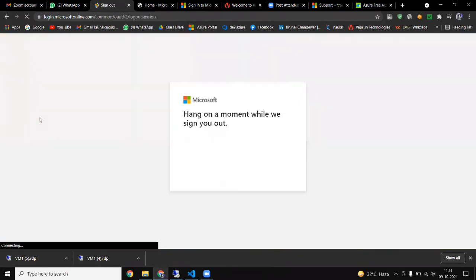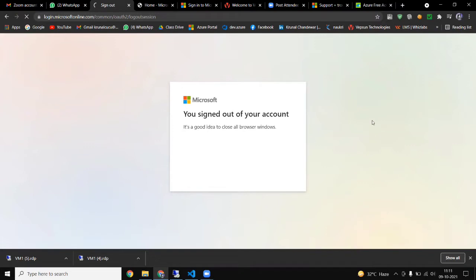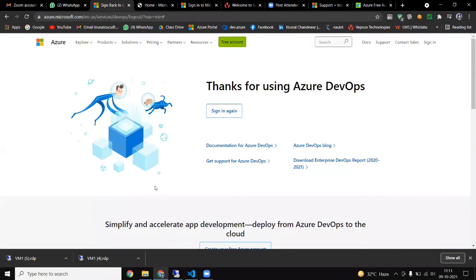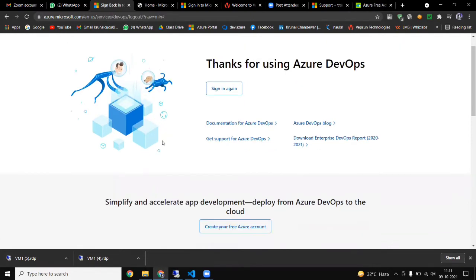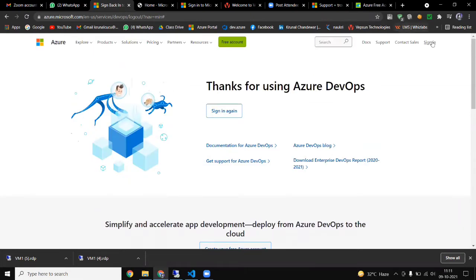First take a look at the dashboard, because first we will learn with our Azure portal, and then we will switch over here. And whenever we switch over here, at that time I will tell you what the packages are and what to do and how to do it. When you are logging in here, we have to sign in.